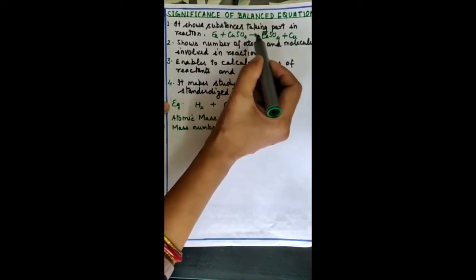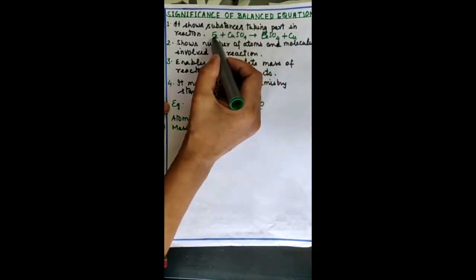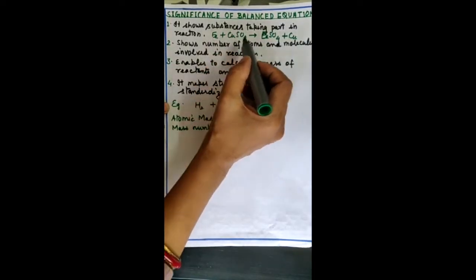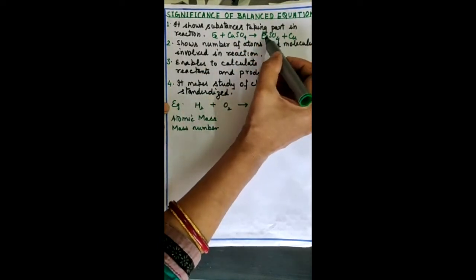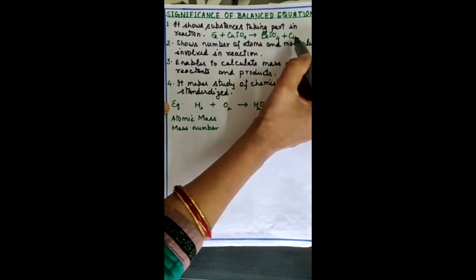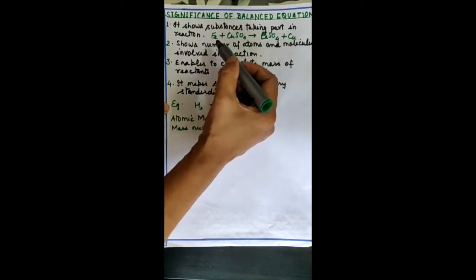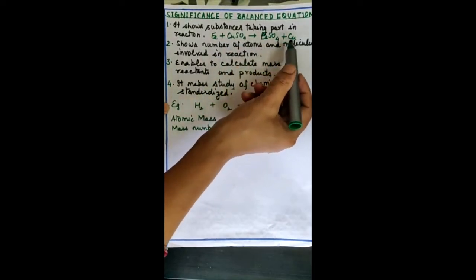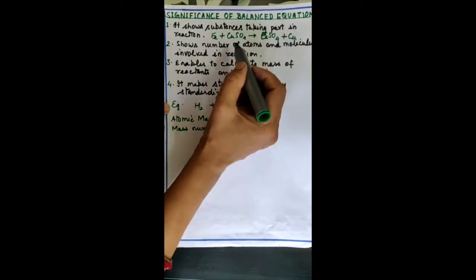In this, there are two reactants and two products, out of which one reactant is in atomic form and one is in the form of a molecule. Again, here FeSO4 is a molecule consisting of one iron, one sulfur and four oxygen atoms, whereas copper, a metal, exists in the form of an atom. So apart from being a skeletal equation, this one is also an example of a balanced equation because the number of atoms of each element is the same on both sides.